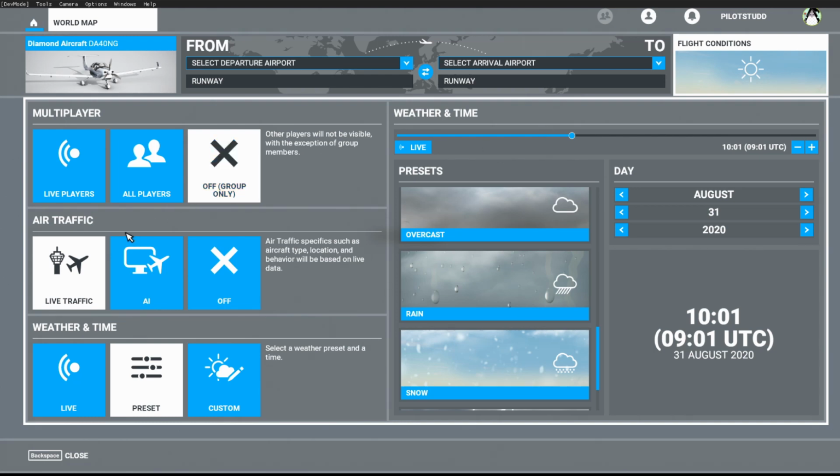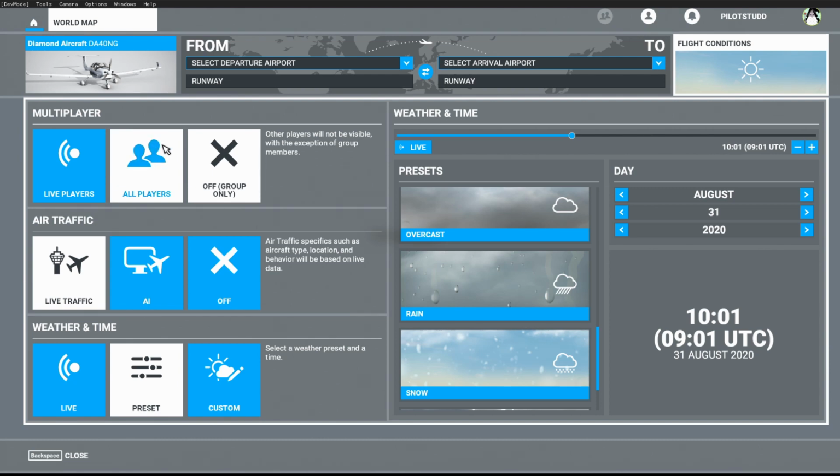Now let's talk about multiplayer. I was quite annoyed about multiplayer really, because it is really heavy on FPS, at least especially for me when I'm at large airports. So I recommend, if you want to fly with your friends, obviously choose group only as opposed to going for all players, because all players absolutely kills my computer. I went down from 40 to 5 FPS at Innsbruck, saying that there was around like 50 aircraft there,